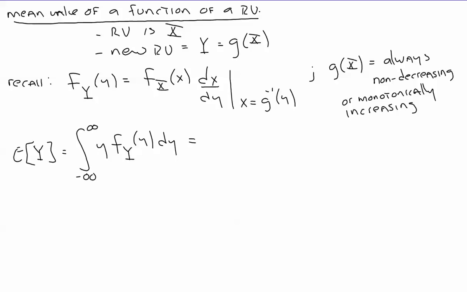This is also the expected value of g of x, because g of x equals y. All right, and this equals, y equals g of x. My probability density function for y is then